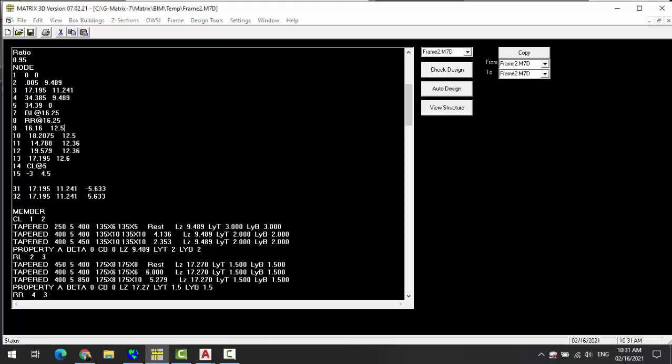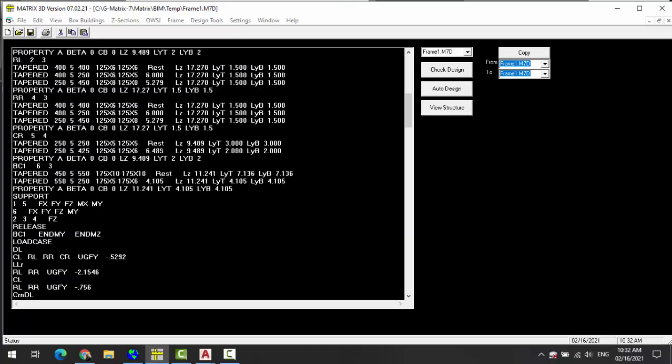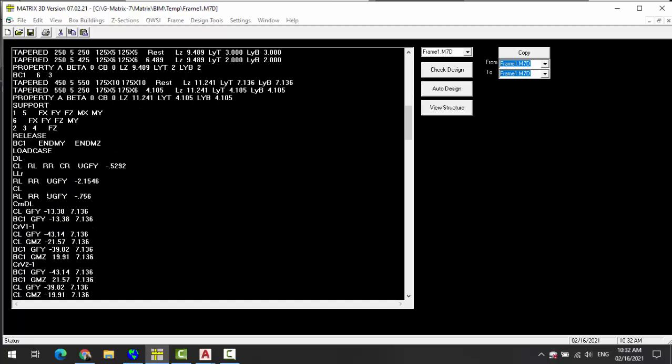So let's save this one. I'll go to frame number 1. I'm going to add to the load case, assuming that I don't have a crane here either. So I'll go to the load case of roof live load. I will add at node number 3 a reaction of Fy minus 51.8, I think. Okay, and I will also go to frame number 3 and add to the roof live load